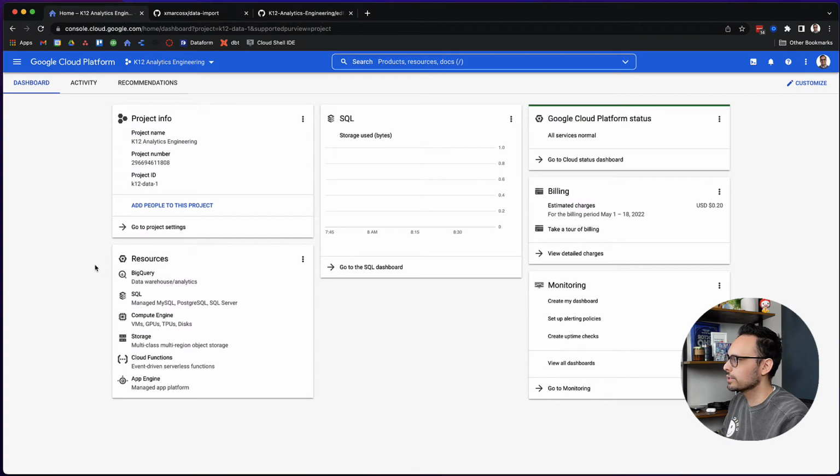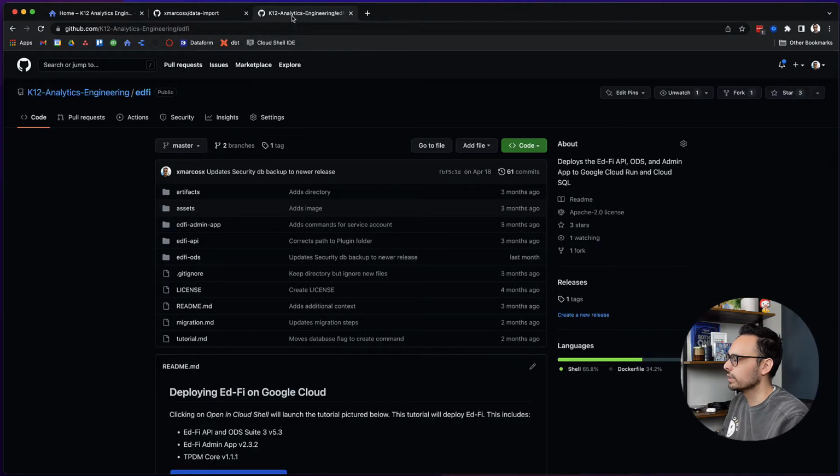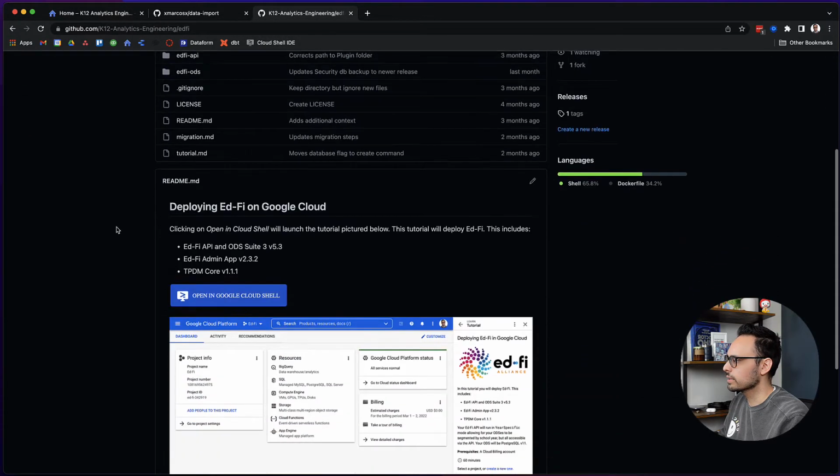And so we can now use data import because we have container support, we have Postgres support, and so we're going to jump over to the machine and we're going to look at our Google Cloud project and we're going to run through the steps to add data import to it. Here we are on our Google Cloud project. This video is very much a continuation of a previous video where we deployed Ed5 in Google Cloud using this